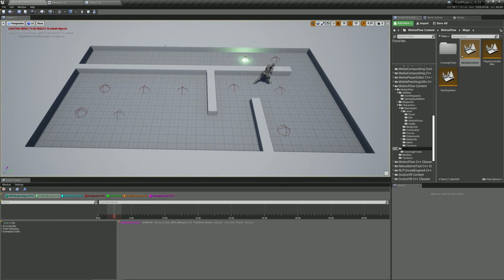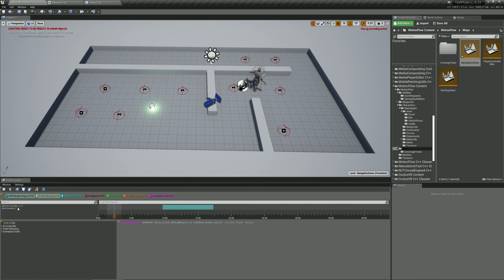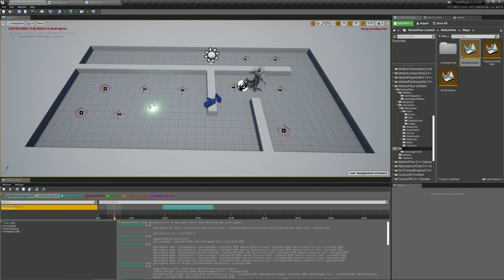So if I play, you'll see that the character goes towards the green orb while it avoids the obstacles in the world. What we can do is, if you open the visual logger and hit record, then we can record what the character is doing along with all the debug that it is performing. So if I stop the simulation and click on the recorded track for the AI controller, and then as I scrub through, we can see that we are able to recreate